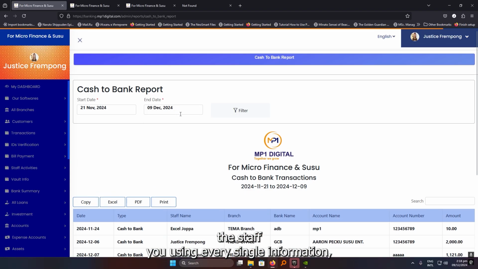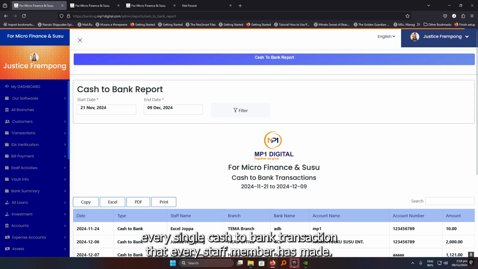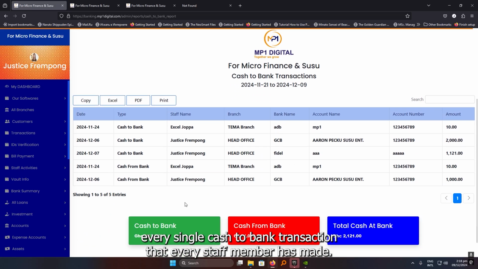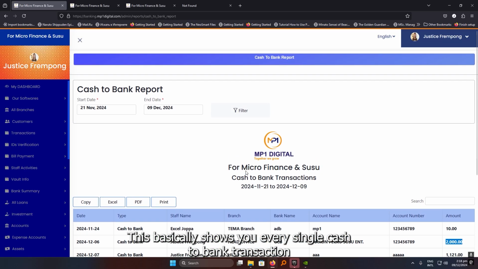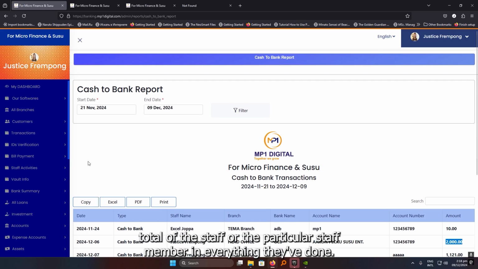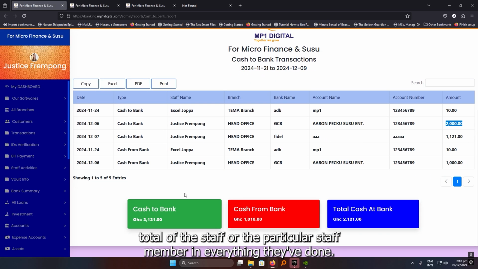It shows you every single cash to bank transaction that every staff member has made. For example, you see from the 24th of November, a cash to bank transaction, Exojopa Tema branch. The bank name was ADB to the MP1 bank and the account number, and he did an amount of 10 cedis. You see Justice also did an amount of 2,000 cedis. This basically shows you every single cash to bank transaction total of a particular staff member and